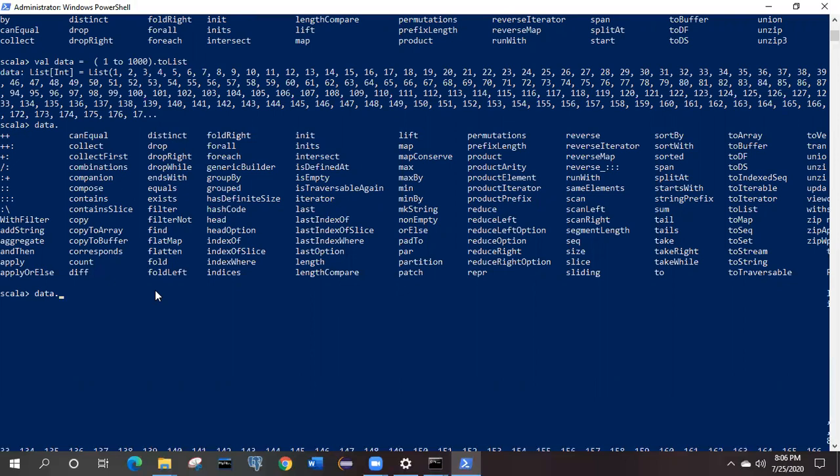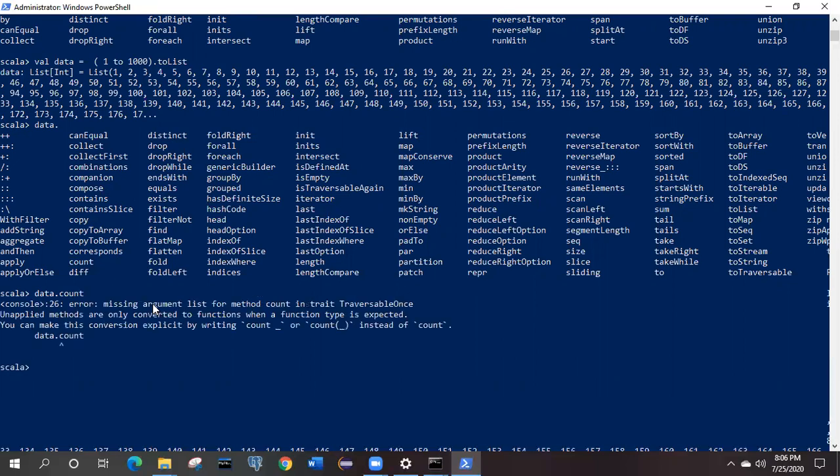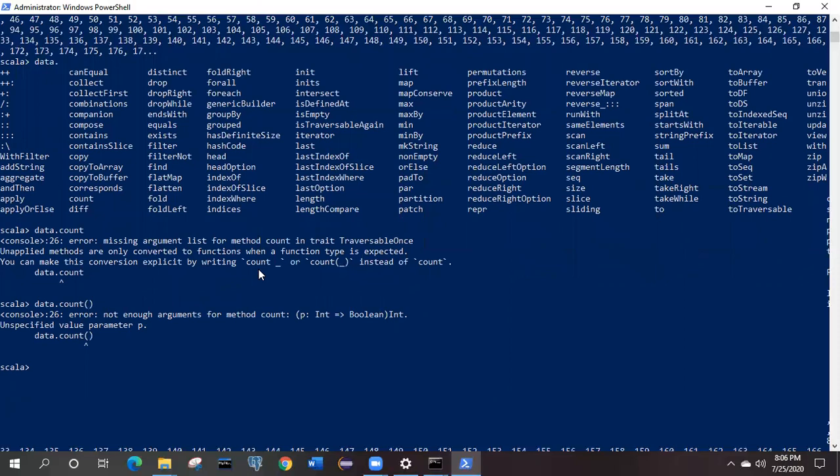Here we have some methods and APIs already available, like count. If you type count here, it is not working. Why is it not working? Because it requires some, again it is not working. What is the issue here?